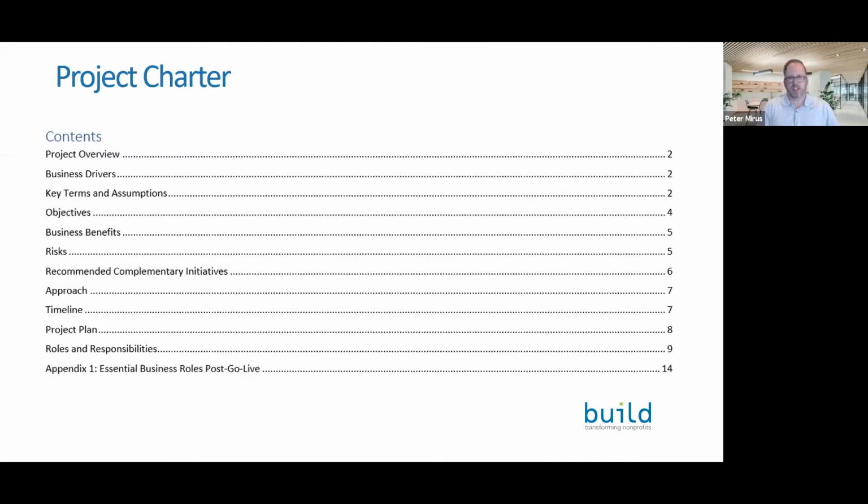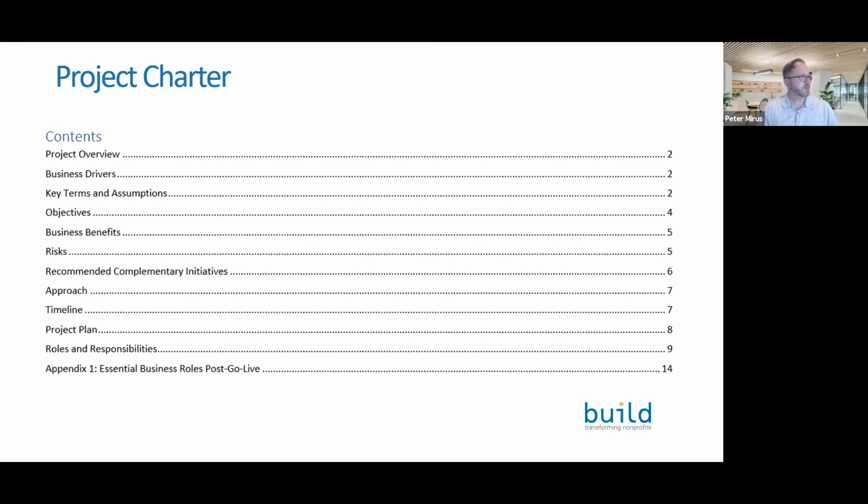So one of the key tools for creating a good project in general and managing it well is to establish a project charter. What you see on the screen here is the table of contents for a project charter for a fairly robust initiative. They don't all need to be this complex. They can be anywhere from a couple of pages to maybe 12 to 15 pages for larger and more complex